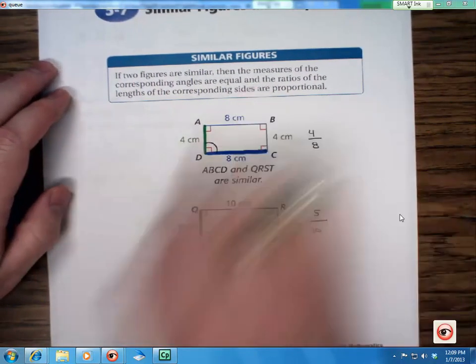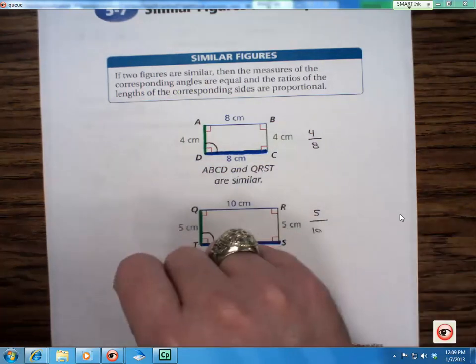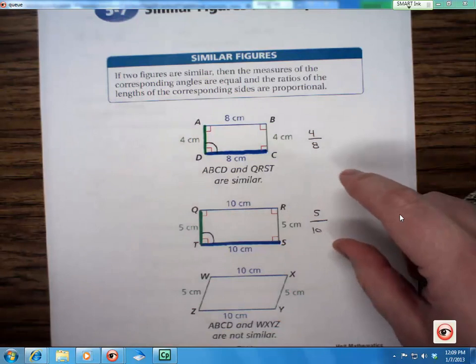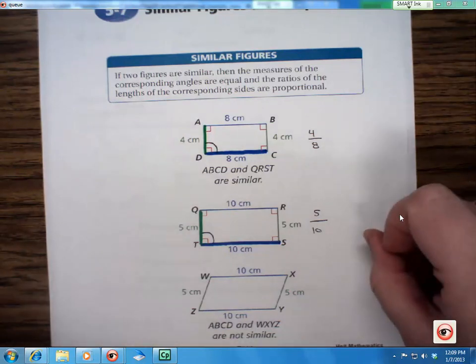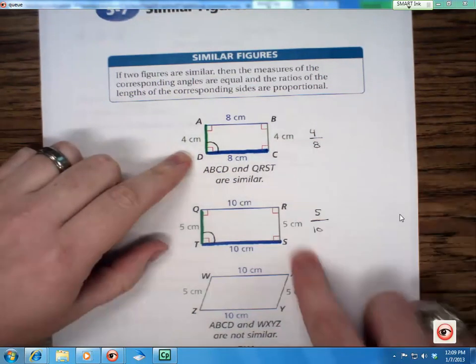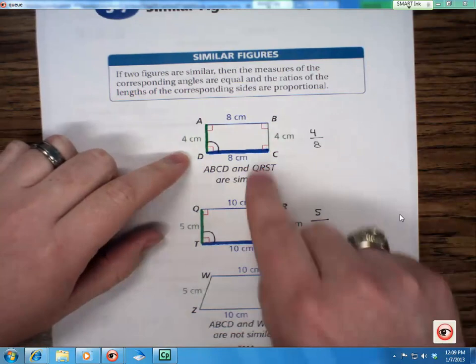In order for us to determine if 2 figures are similar, we need to figure out whether or not the corresponding sides or corresponding angles are proportional. So let's take a look at our 3 shapes that we have here. And I've taken the liberty to